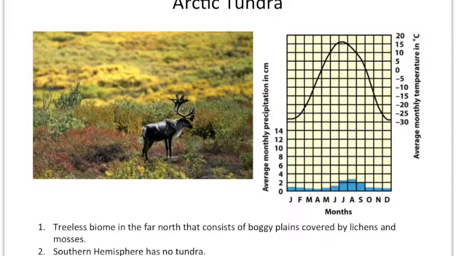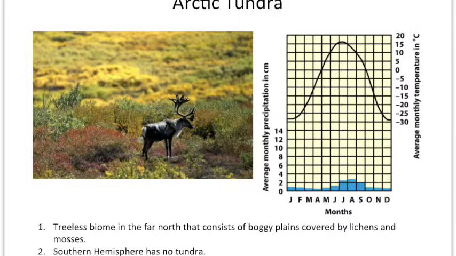Major organisms that you would find are shrubs and small conifers. You're not going to find large deciduous trees here. Most of these are going to be lichens, mosses, and grasses. As far as the mammals, you're going to find hares, muskox, caribou, like you see here in this picture, and